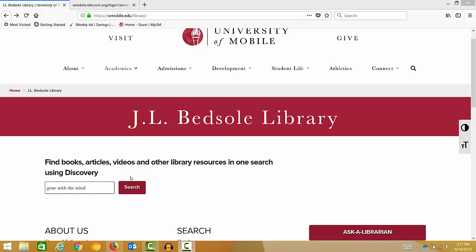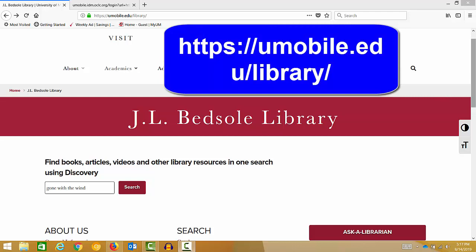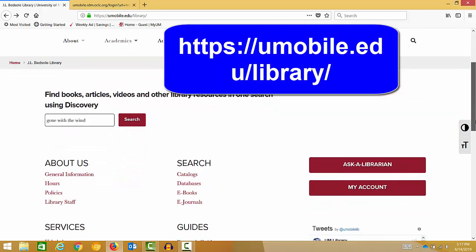Welcome to the University of Mobile Library website. Today we're doing a brief tour of the site that is accessible via umobile.edu/library. Let's begin by looking at the Discovery search box, which is located at the very top of the library's